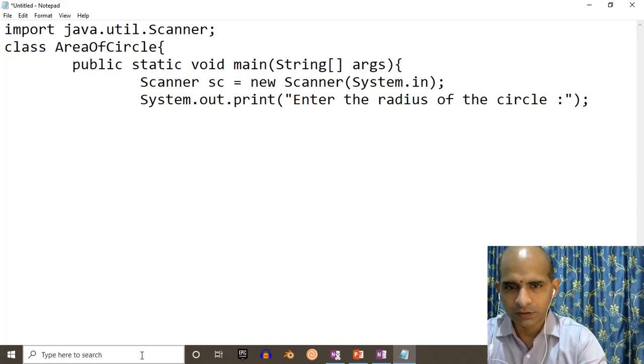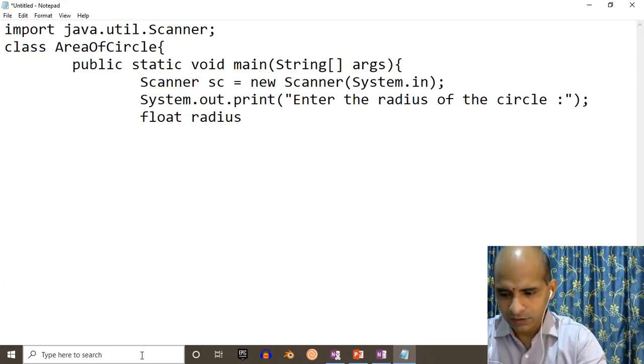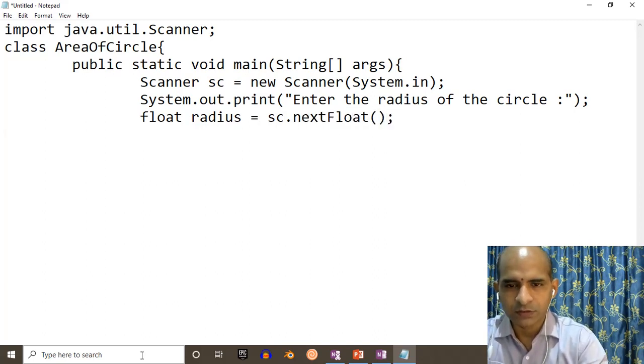Now, since r is a radius value, I want to take float radius equals sc.nextFloat(). As I said in the previous class, if you want to accept any float value, you have to go for nextFloat.